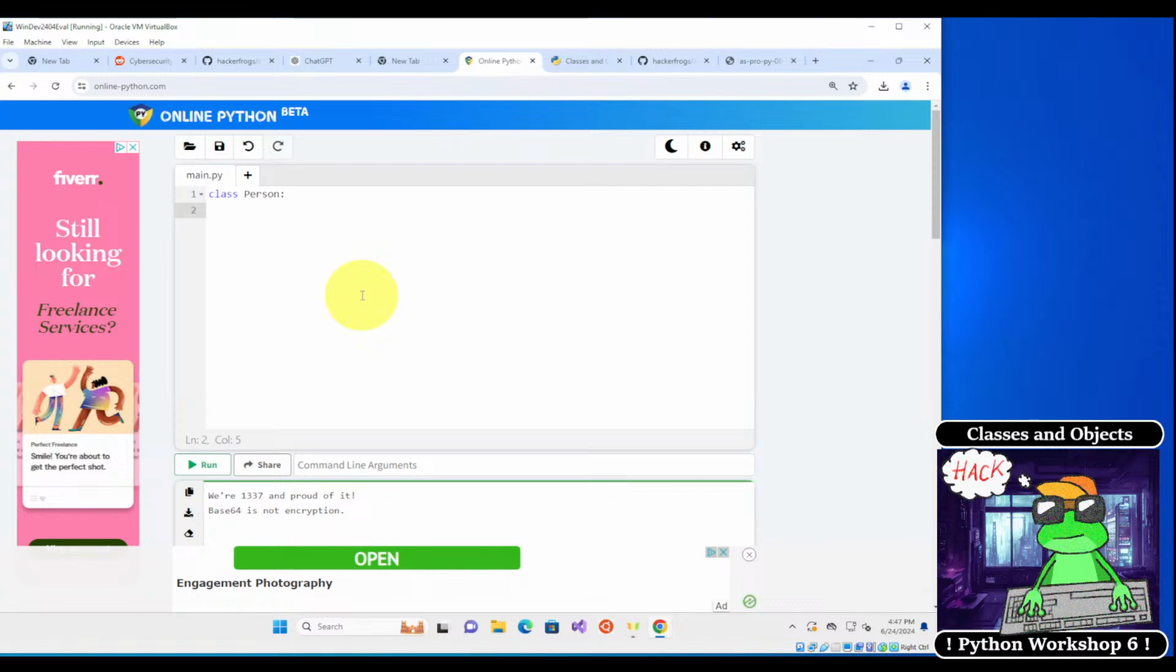So next we need to do our init function. It's going to be def, and then double underscore init double underscore, and then inside of the parentheses, this is another code block, so we need to include our colon over here. Inside the code block, we need to specify the self attribute, and then we need to include the names of all the other attributes. So in this case, we're going to do first name, and then last name,